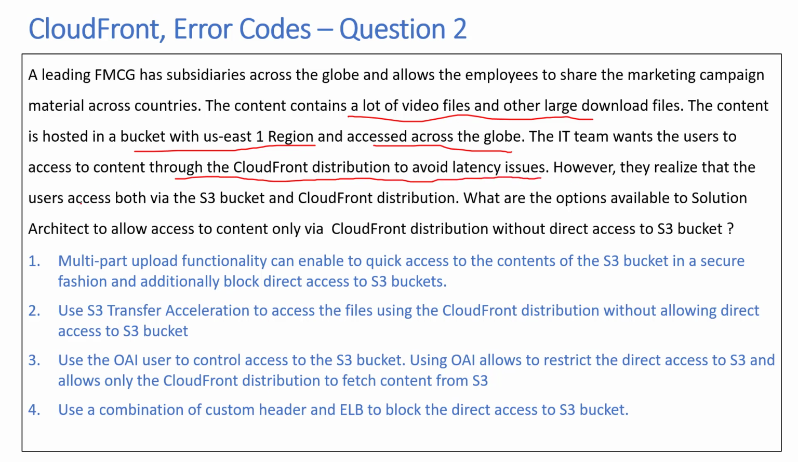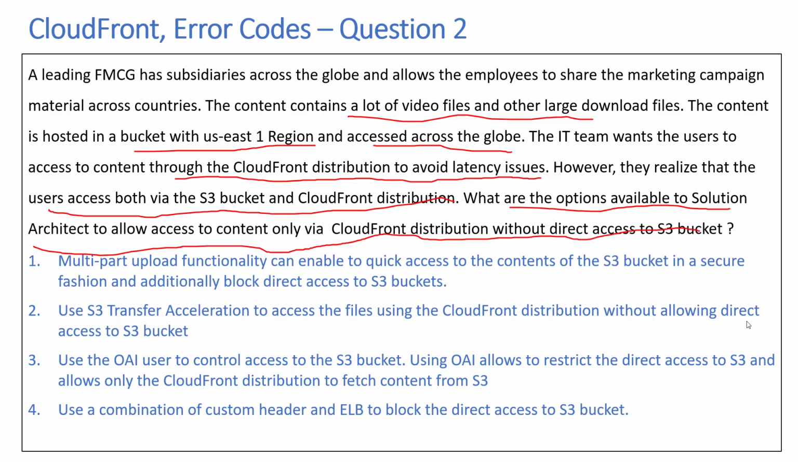However, they realize that users access both via the S3 bucket and the CloudFront distribution. What are the options available to the solution architect to allow access to the content via the CloudFront distribution without direct access to S3? So they have global users and they have an S3 bucket in the US East